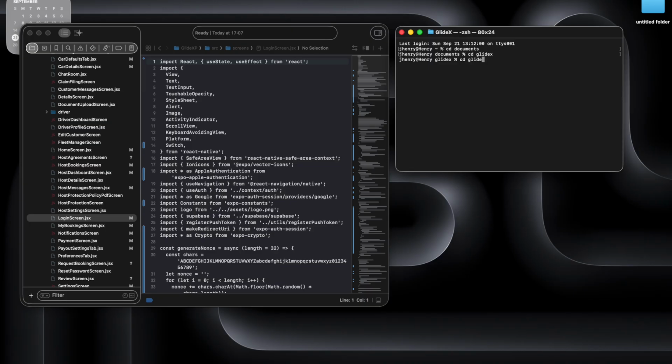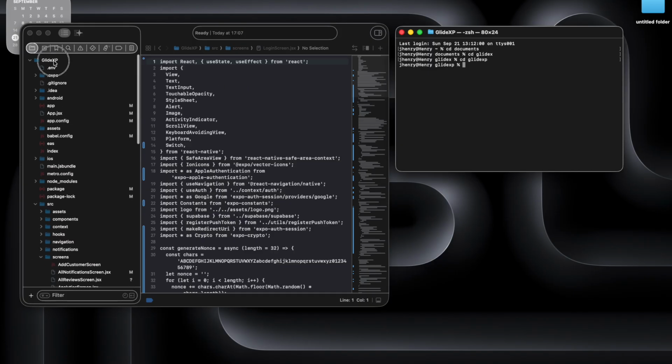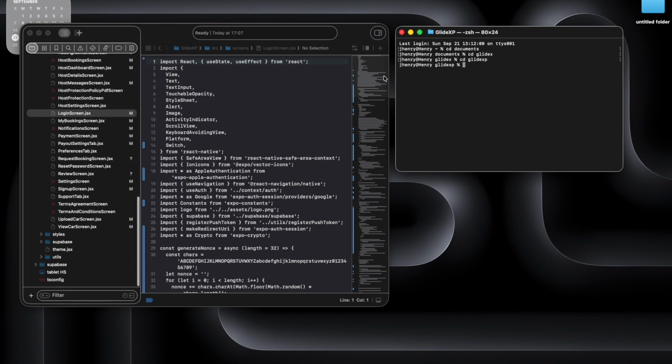Sorry about the typo. GlideXP. So this folder right here is the same folder that we have right here, right? Okay, so if I